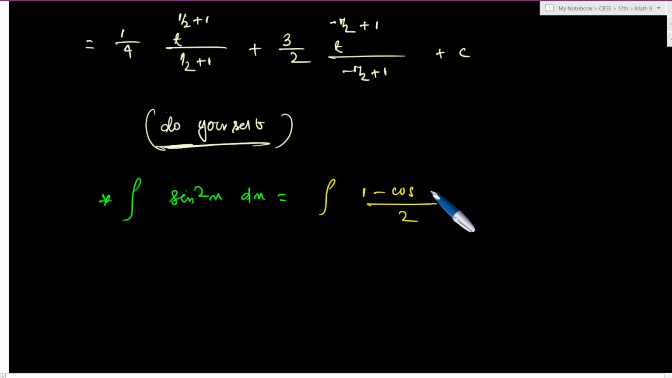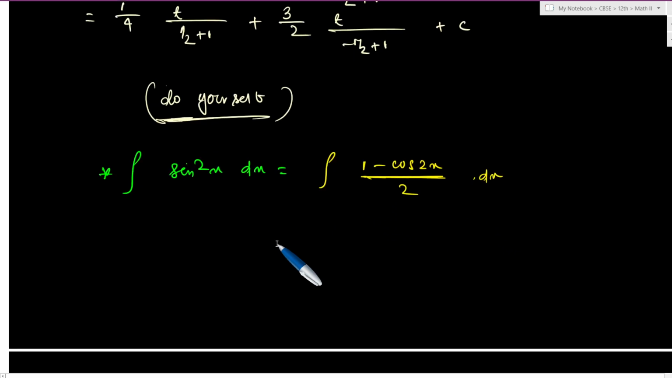गलत हो गया, 1 minus cos 2x divided by 2, it is dx. Okay, using trigonometric identities we get this. Okay, and I will not tell about trigonometry. This will be discussed in trigonometry. You should have solved in first year. Okay,